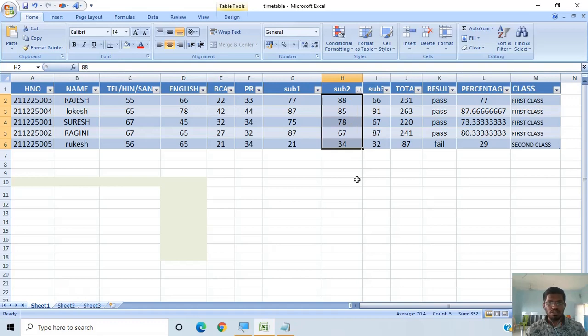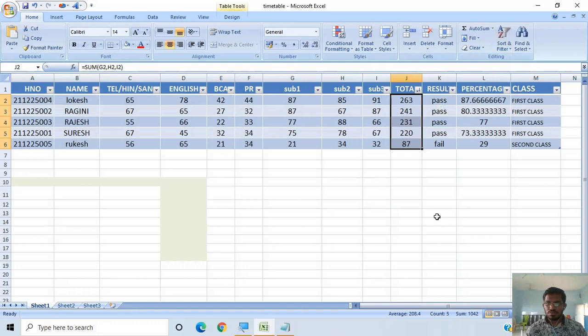Automatically the values will be sorted. So 88 is the topmost mark and 34 is the least mark the students got. Then I want to see who is the topper, so Lokesh is the topper here.